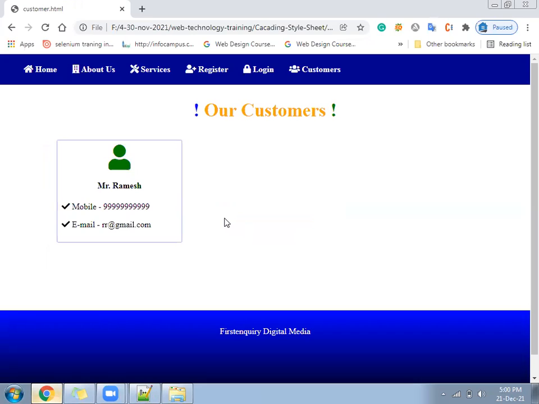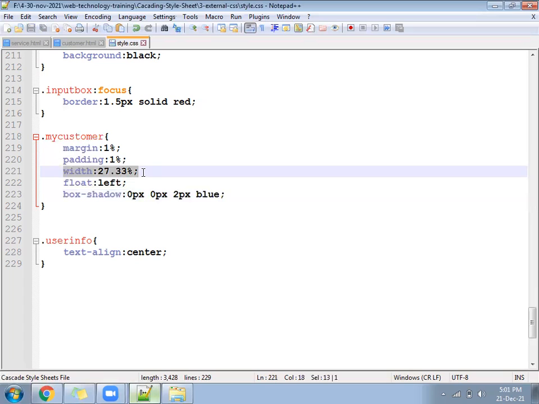So they're coming in the center, and the icon and the mobile are coming on the left side. So for you people, how many divisions are fitting? 29% is fitting. 29% is coming in one line. 17, maybe 19. 19% width plus 6% margin padding.